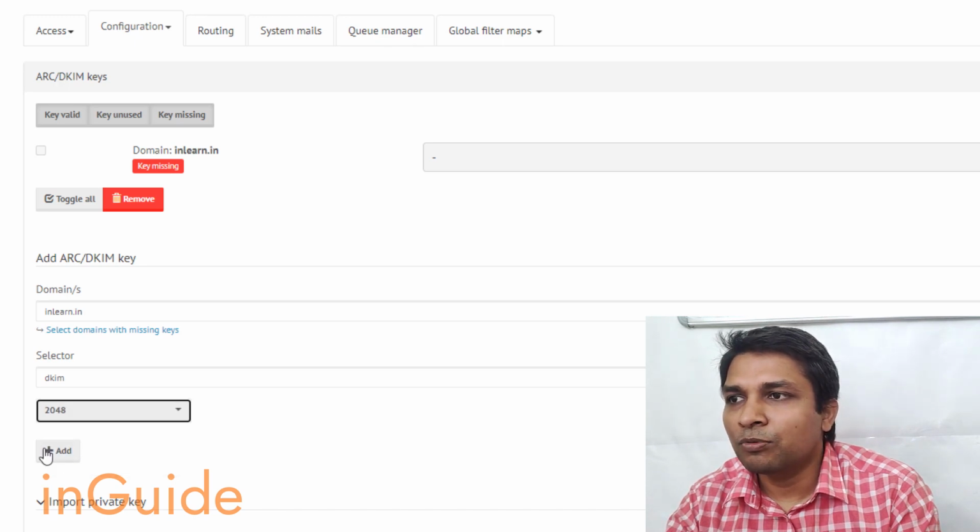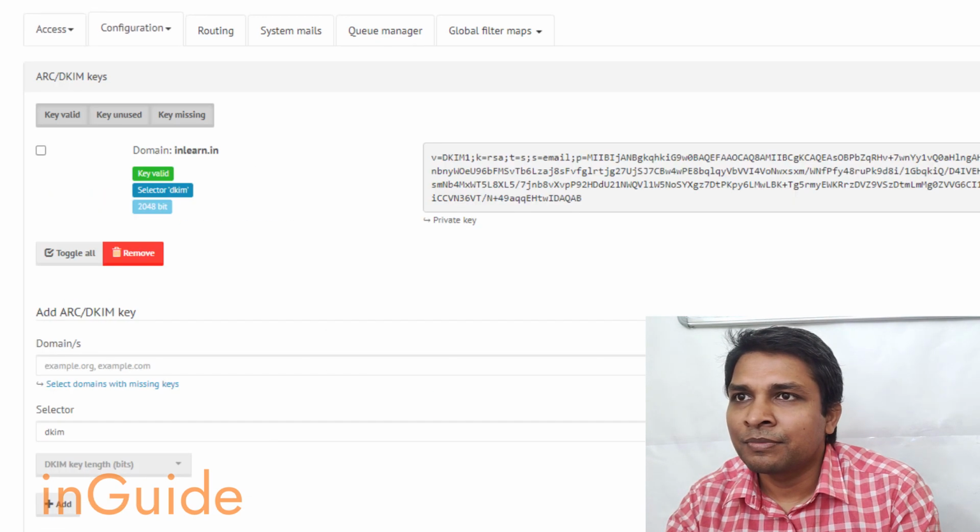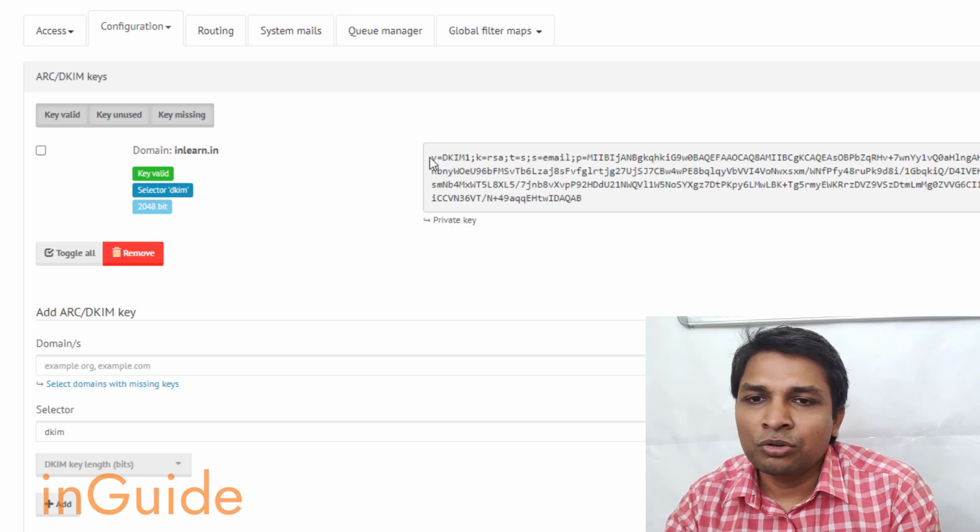So I'll select 2048, click on add, and now the DKIM key has been generated. So it's that simple.